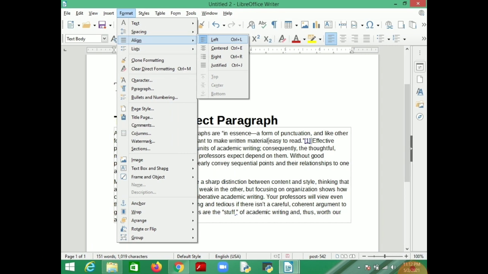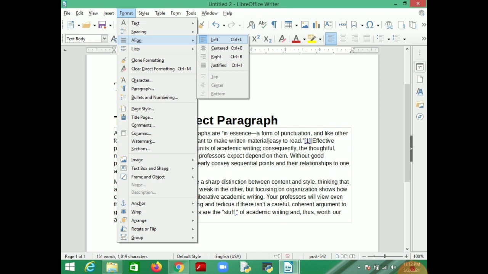Next, alignment. When you write a document, suppose you are writing a story, it has a lot of paragraphs. So you need to indent your paragraphs, means arrange them in a proper way. For that purpose we use alignment as an option. So go to Format, Align.